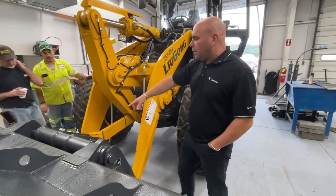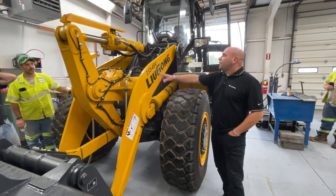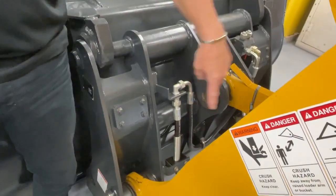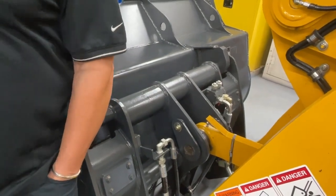You can use your auxiliary lines for a sweeper, a clamp. You've got all your auto lube lines from the auto lube system, which is the Lincoln lube. That's going to all your grease points. We also have, on the quick coupler, third valve lines, so you can have the third valve lines for a plow, a broom, a grapple bucket, whatever attachments you guys